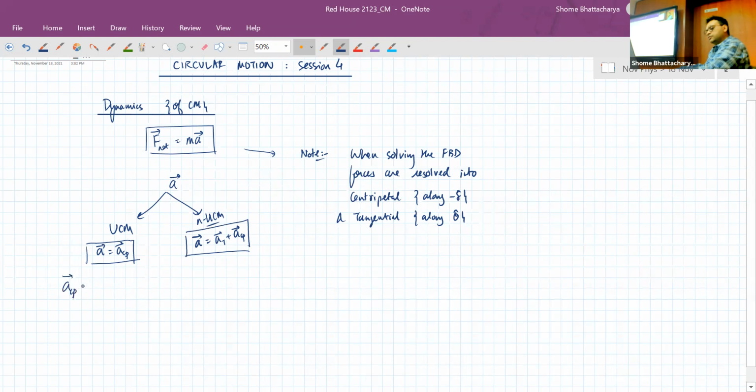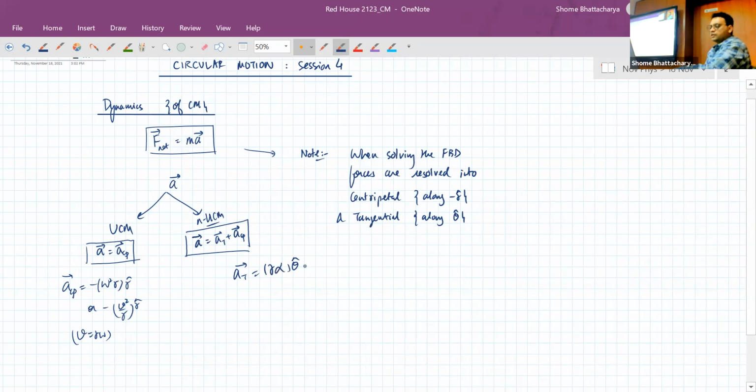Centripetal acceleration's magnitude is omega square r, but the direction is radially inwards. So it can also be written as v square by r, because v is equal to r omega. So depending on whether we want to express the centripetal acceleration in terms of angular speed omega or linear speed v, we express it like this. Whereas tangential acceleration kya hota hai? It is r alpha along the tangential unit vector theta cap, where alpha is the angular acceleration. You can write this r as a small r also, but basically it's understood r is the radius of the circular motion.